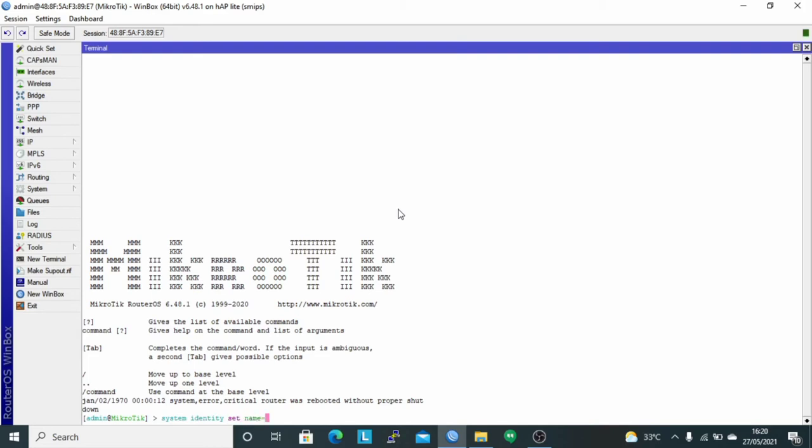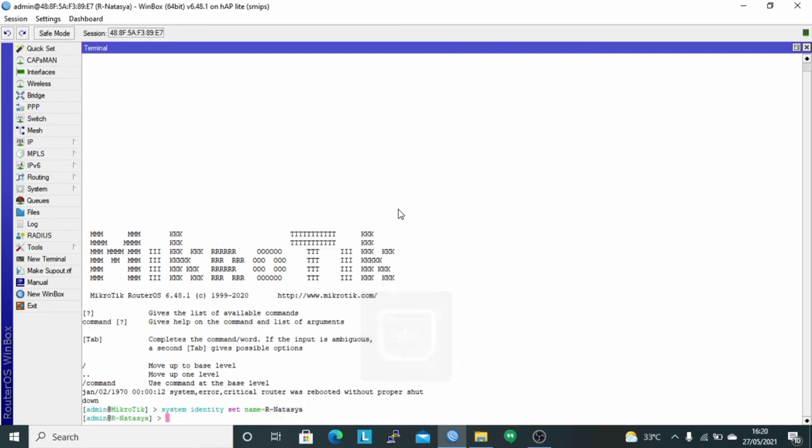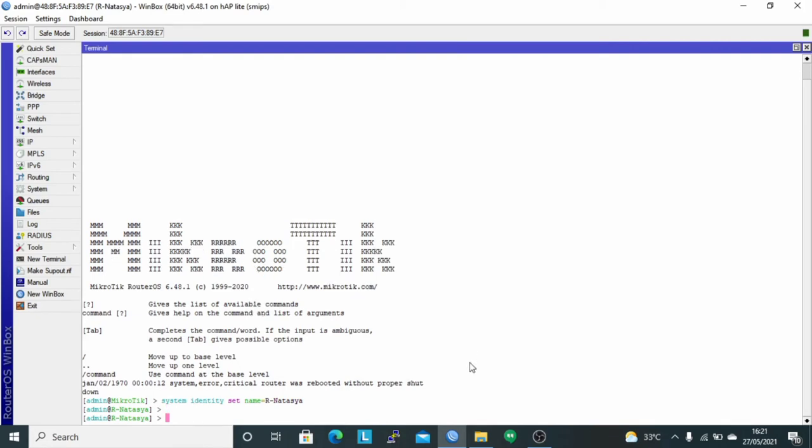Here I use the identity r strip Natasha. It can be seen that the router uses the identity r strip Natasha. And then I will connect it to the router with an SSID which acts as internet access so that the router can connect to the internet.